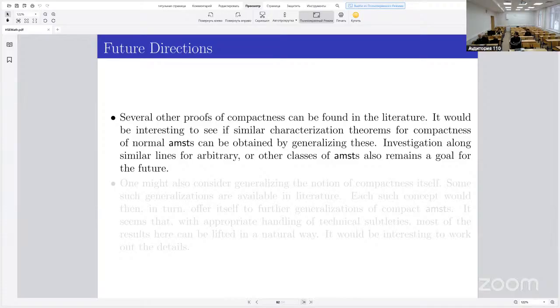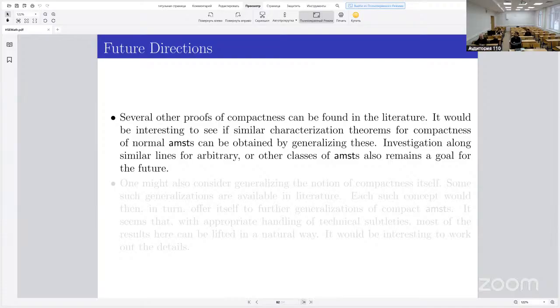And yesterday night I also did one proof where he essentially used another lemma, called Rado's lemma, using this combinatorial algorithm. It gives a short proof. I am not sure, but it would be interesting to see if a similar characterization theorem for compactness of normal MSTs can be obtained by generalizing each of these. And also investigation along similar lines for arbitrary or other more general classes of MSTs remains for the